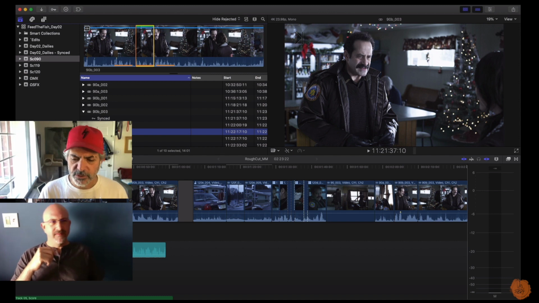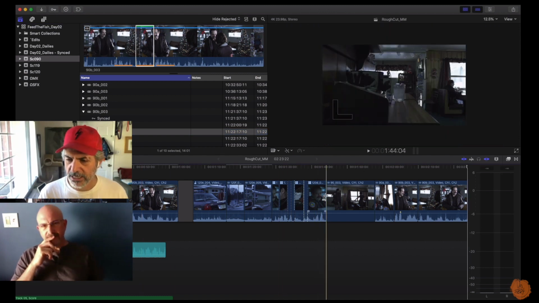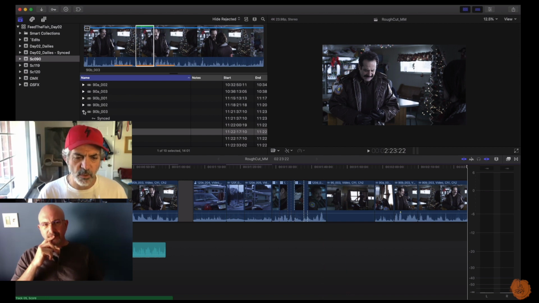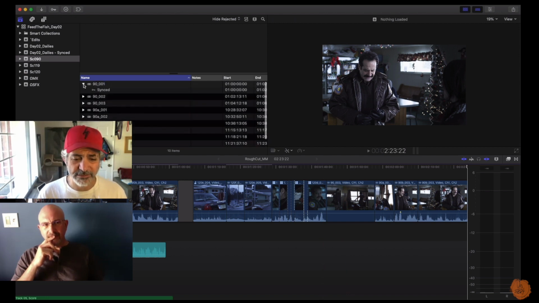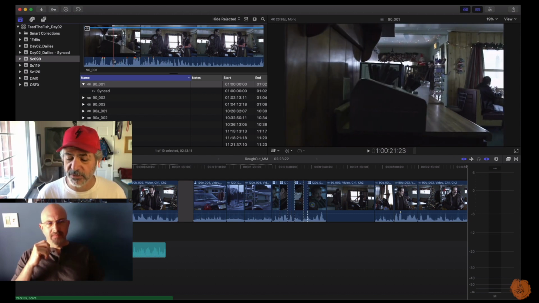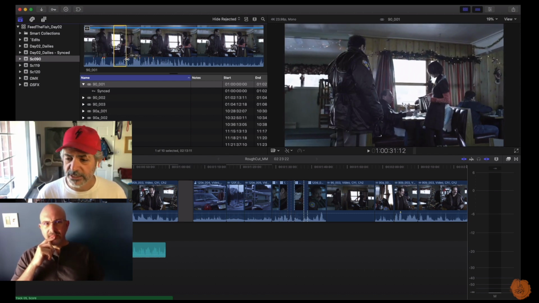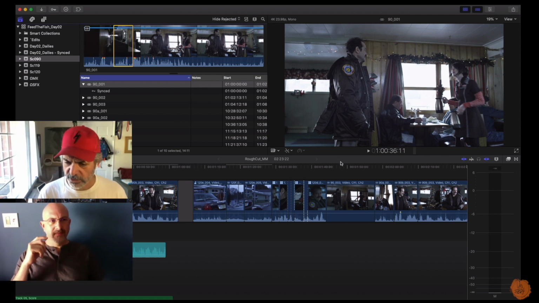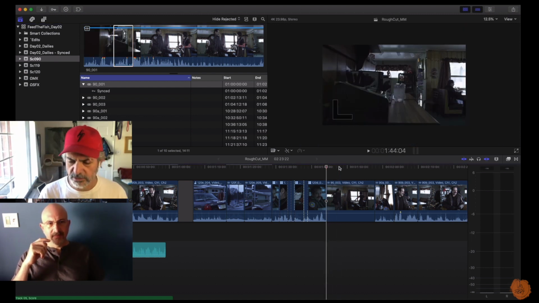Right. So first problem is sound dropped out here for whatever reason. So I'm going to go up to take 1, and I'm just going to replace some sound there after Tony walks in, and we'll fix it later. But so I'm just going to lasso this bit right until she changes, and click where I want it to start, right there. Click in the timeline, up arrow to go back to the cut, and